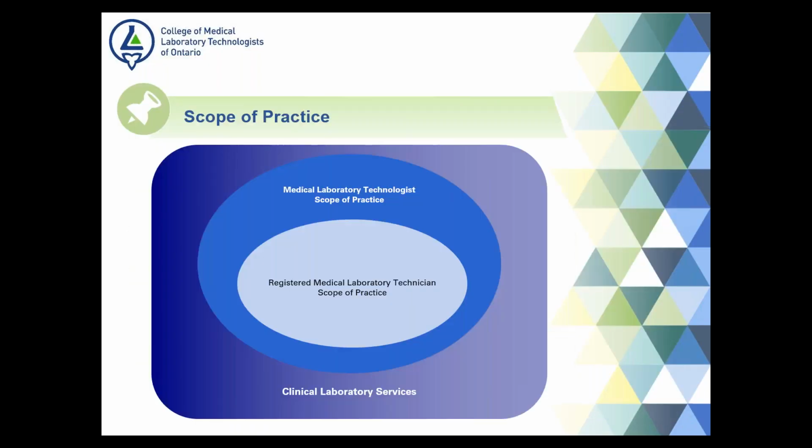Where we started with the scope of practice was to look at it from a conceptual lens. If we look at all of the clinical laboratory services provided in Ontario, and we assume that medical laboratory technologist scope of practice covers some part of that clinical laboratory service, the idea is that registered medical laboratory technician scope of practice falls within that of a technologist. So in other words, everything that a technician can do, for the most part, a technologist can do, and a subset of what a technologist can do, a technician can do. The idea here being very similar to, again, other health professions like pharmacy and pharmacy technicians, the various groups of registrants with the College of Nurses of Ontario, and even more recently, physician assistants regulated by the College of Physicians